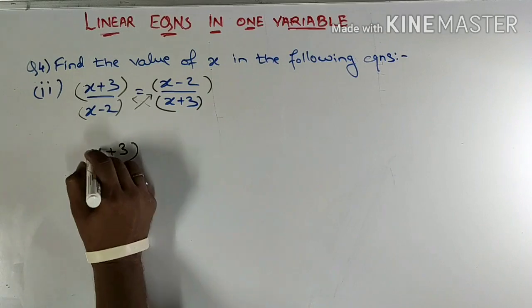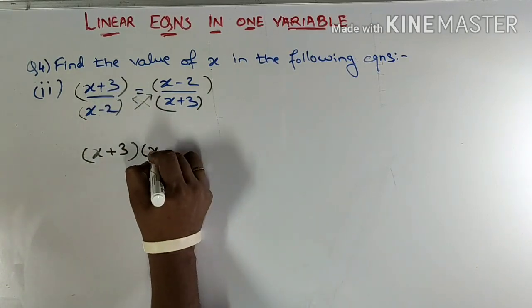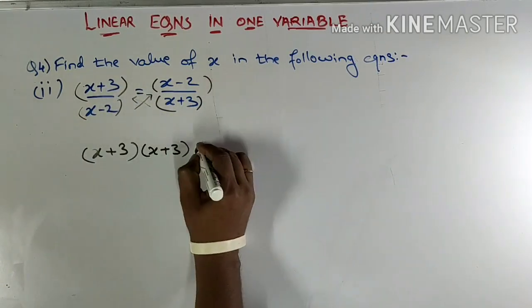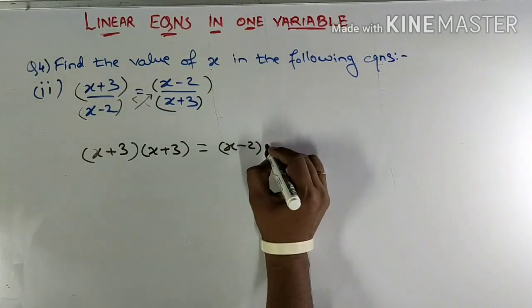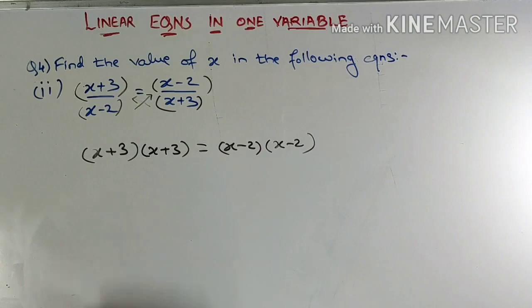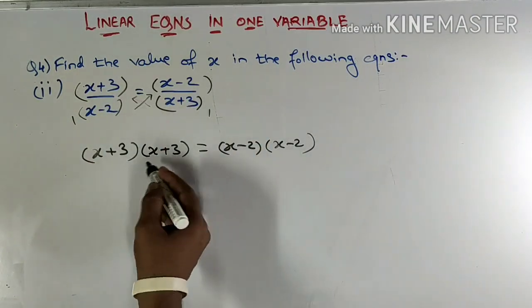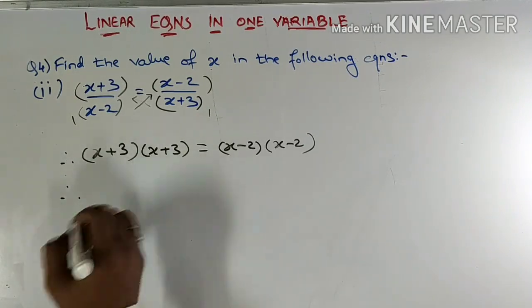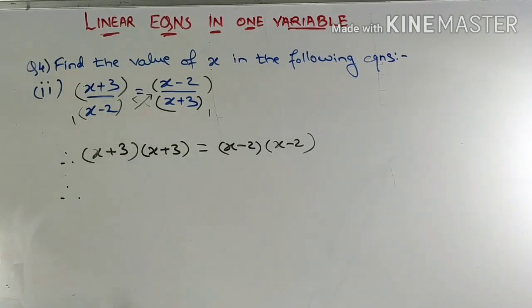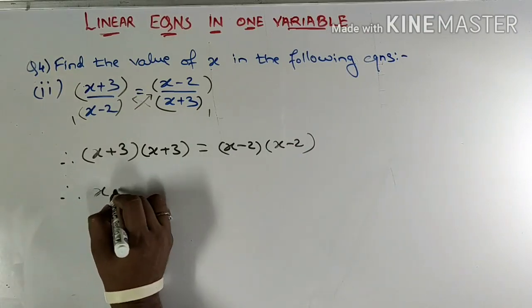So x plus 3 into this bracket will give you x plus 3, which is equal to x minus 2 into this bracket. This also goes on the other side, it becomes x minus 2. So there is no denominator, as we have 1 in the denominator over here. I don't need to write 1. Therefore, this is nothing but a plus b the whole square, and over here a minus b the whole square. But if you don't remember the formula, you can open the brackets.